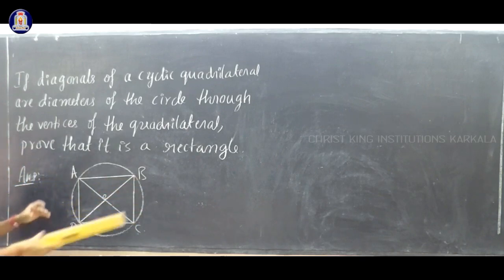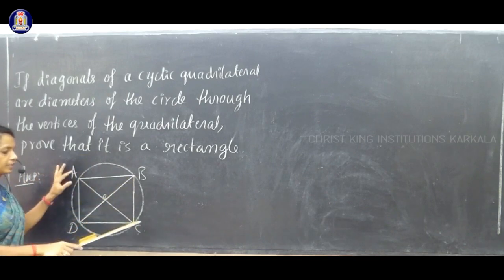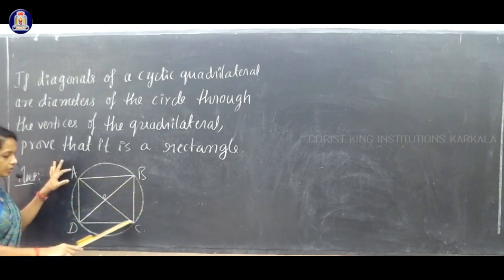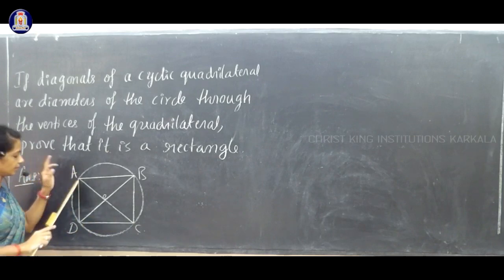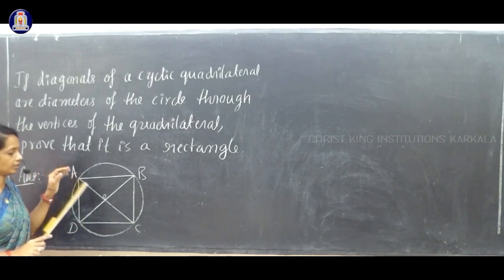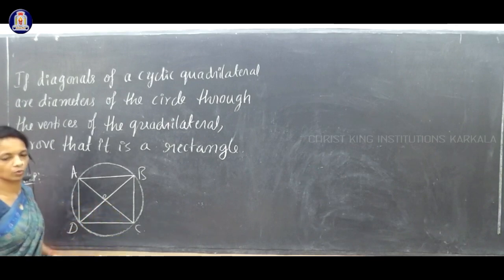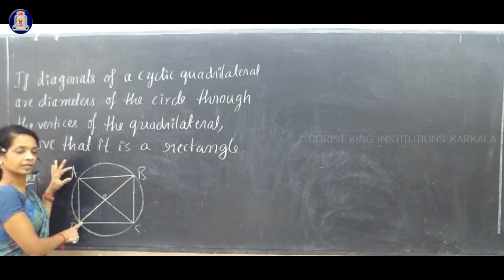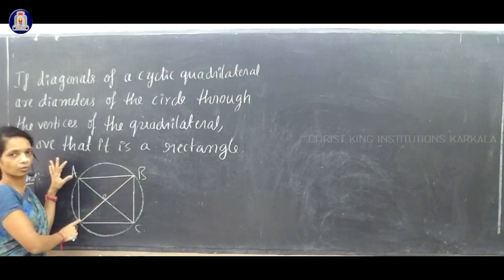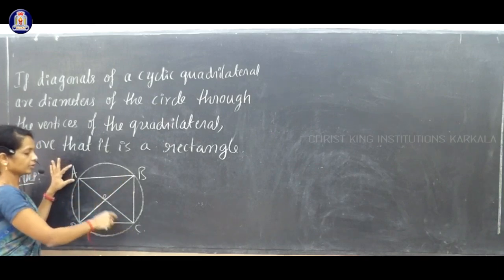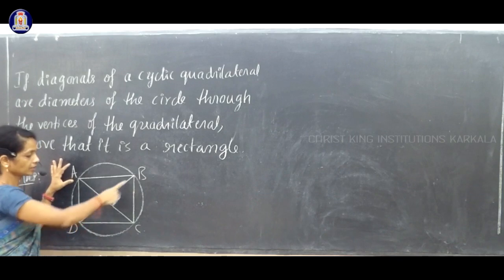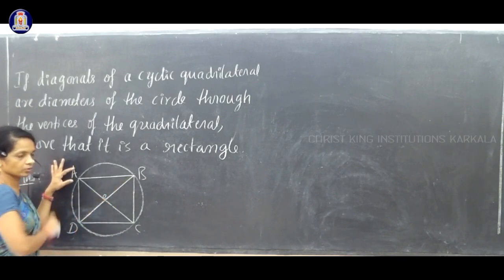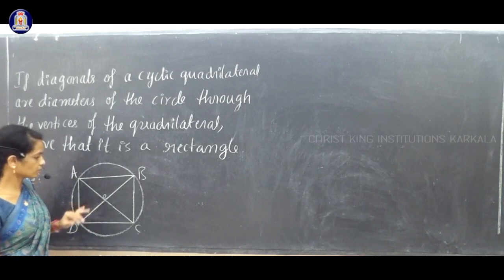Okay. First we draw one circle and two diameters. Next we join A, B, B, C, C, D and D, A in order. The center of the circle is O. Now we have two diagonals AC and BD. They are diameters of the circle also. AC is the diameter because it is passing through the center, and the diagonal BD is also a diameter of the circle because it is also passing through the center of the circle.